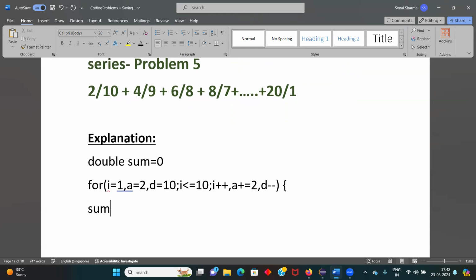Now my sum will be sum plus my numerator, which is a in this case. The starting value will be 2, and my denominator, which is 10 in this case. 2 by 10, then 4 by 9, like that. And since we are dividing two integer values, my answer will be an integer. I want an exact answer with the decimal part as well, so I will